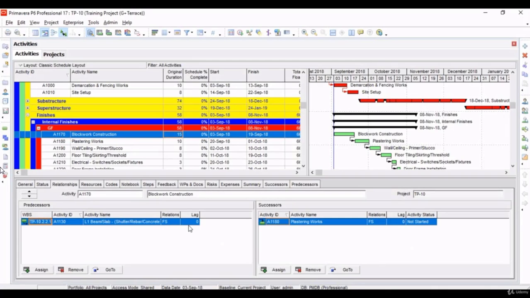Coming back to Primavera, now we've given the relationship between them, but the thing is that we cannot start the block work construction immediately after the slab construction. There should be some lag, that is a de-shuttering period, for us to remove the props, the shutterings and supports and everything.